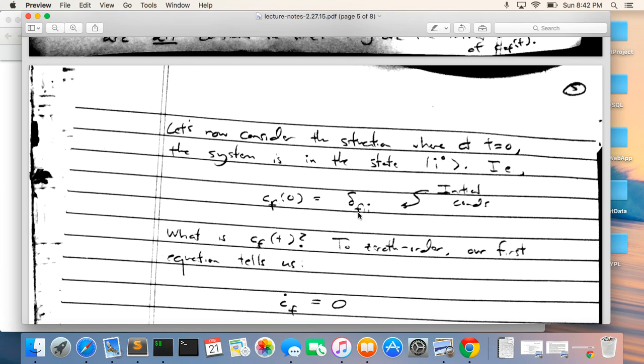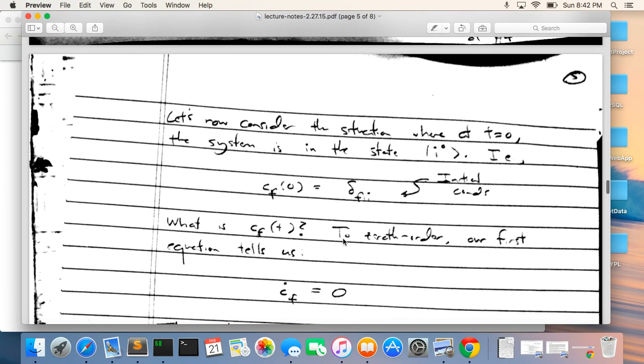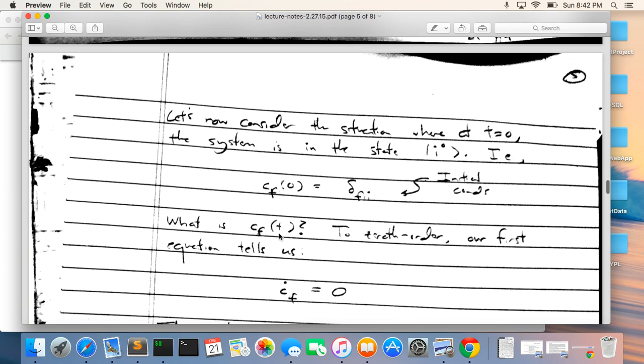So in other words, it's 0 unless f is equal to i. Right? And what we want to try to find is our coefficient at some later time t. In other words, what's the amplitude that we find our system in state f,